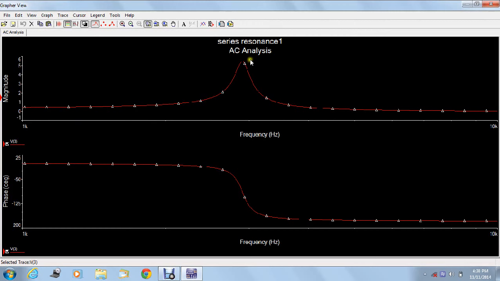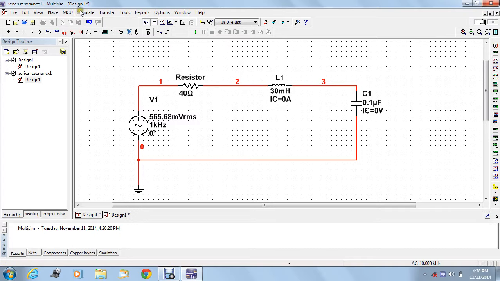Here is AC analysis, here magnitude of current, and here frequency response, and here phase shift of V3. So it is magnitude of voltage across V3. Now if you want to change the current, close this graph, simulate,